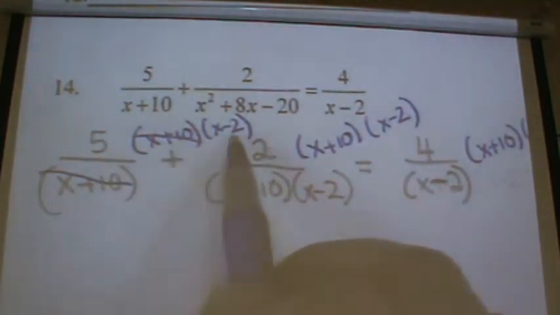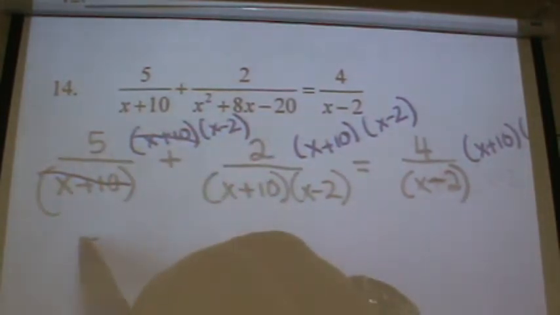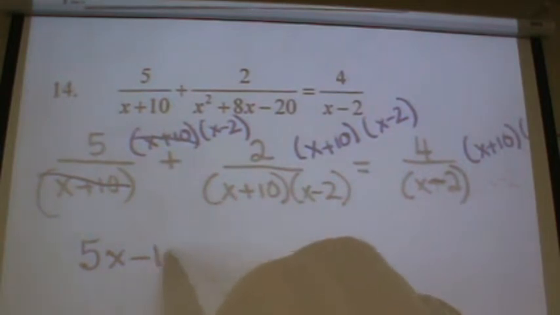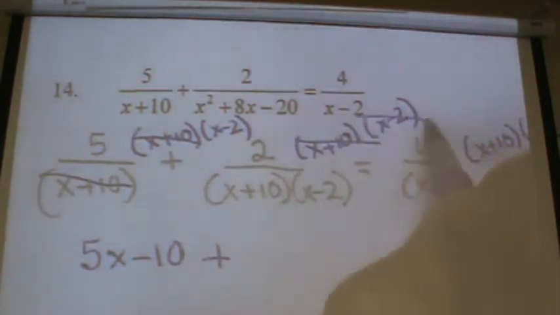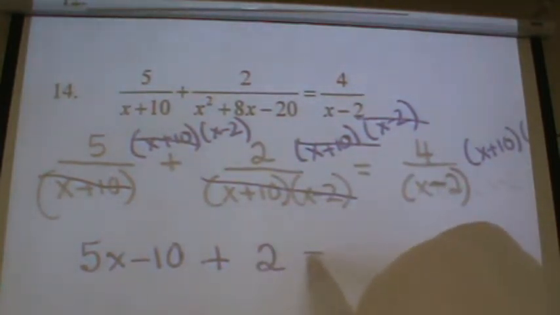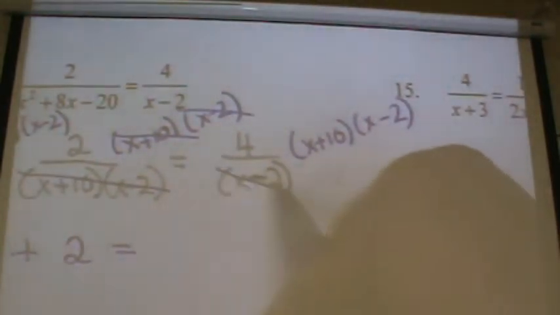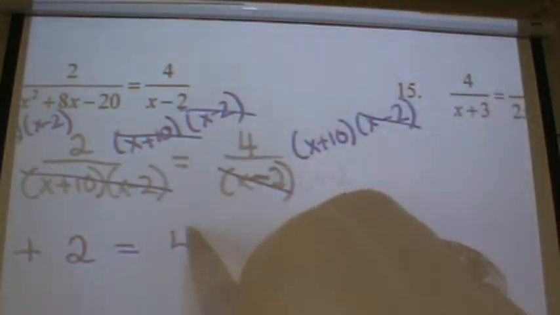So what's left here? Can you just write it for me? 5x minus 10. Yep. Plus, what cancels here? X minus 2, all of it. So you get just a 2, and then here? What's left here? 4x plus